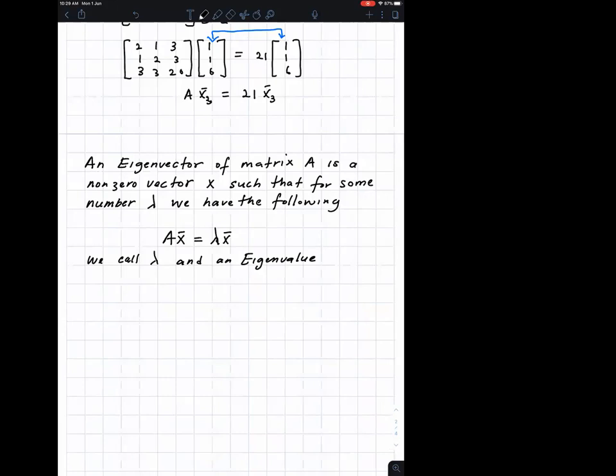This example also is a review. Okay, this is also part of the review. Example, find the